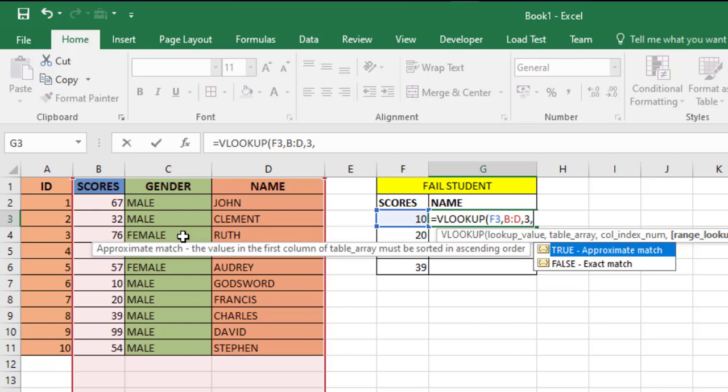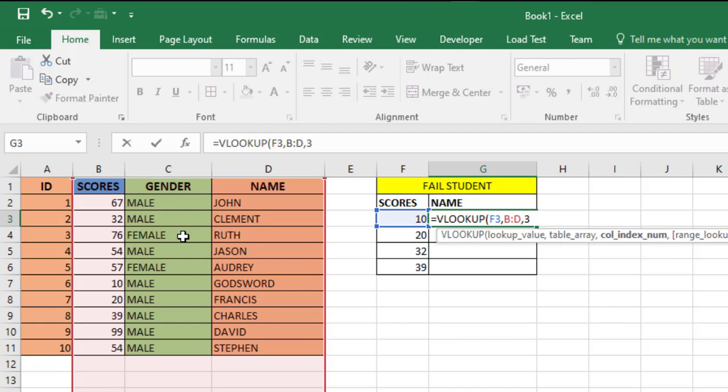By default, if you don't want to type in a number there, you just remove the comma and then close your bracket. By default, it will take the true. But if you still want to use